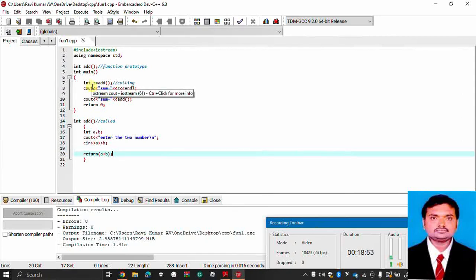Now in function calling through parameters, which we are discussing here, we are not passing any parameter, so by default it is taken as void. That is the default calling of the function. Next we'll discuss your